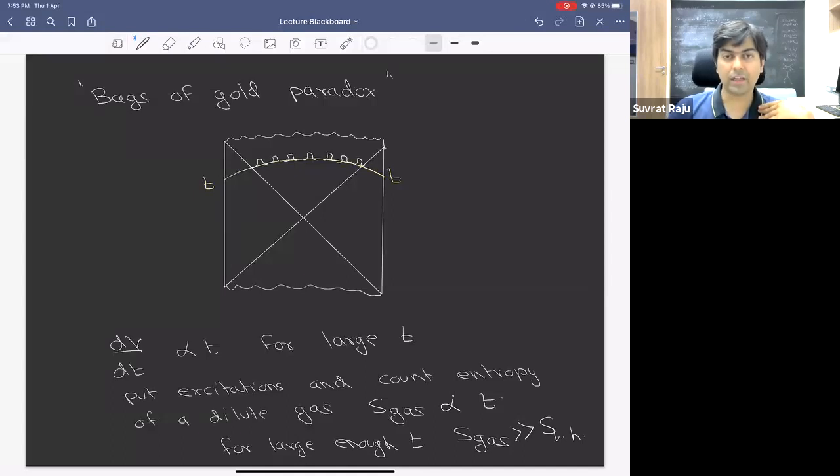And that's clearly a puzzle, because it suggests that you have this black hole and you thought you were counting all of these microstates of the black hole. But now you're finding in some sense that this black hole can support many more microstates than you thought it could support, because it can have all of these huge excitations which are sitting inside. And if you count the entropy of all of these excitations, you get an entropy that's much larger than the